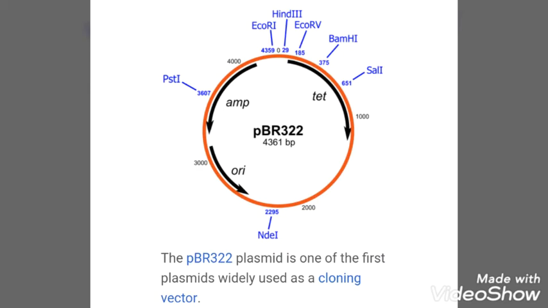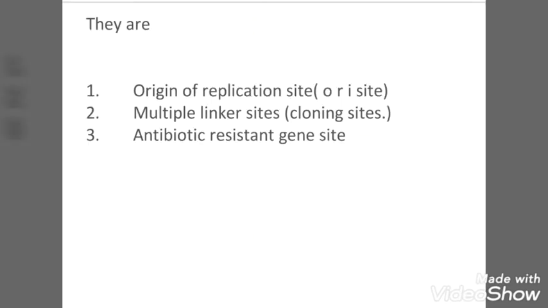And you also have to write the characters of the plasmids, which is very important from the point of view of examination. So the diagram, and some points, short notes, you have to make with this lesson. Plasmids are vectors. The question may come: what is a plasmid, what are vectors, write down the characters. Then you have to write short notes and draw a labelled diagram like this.